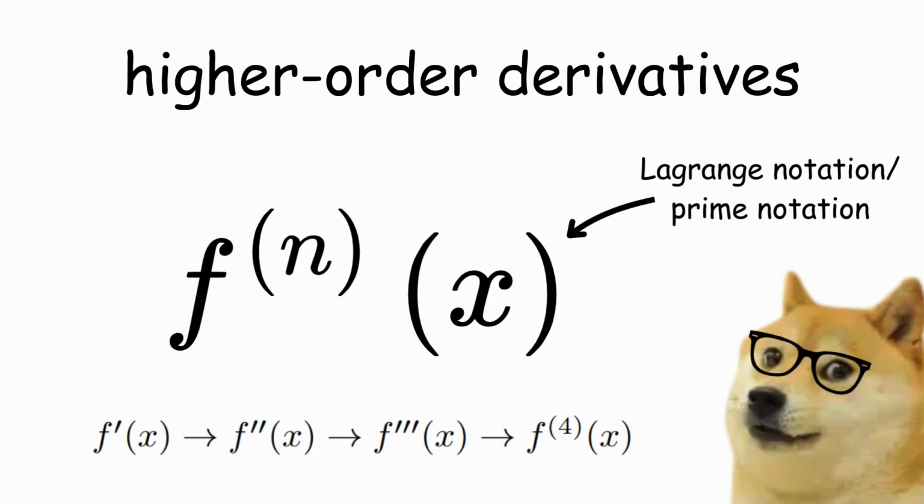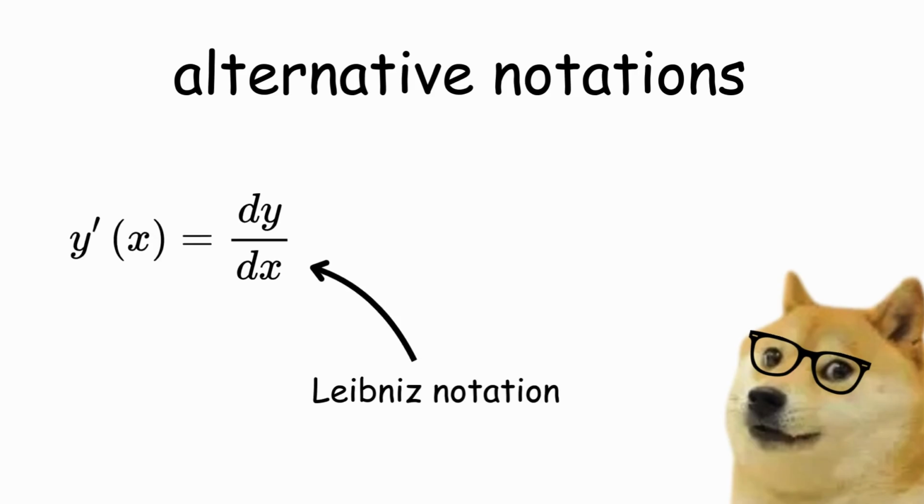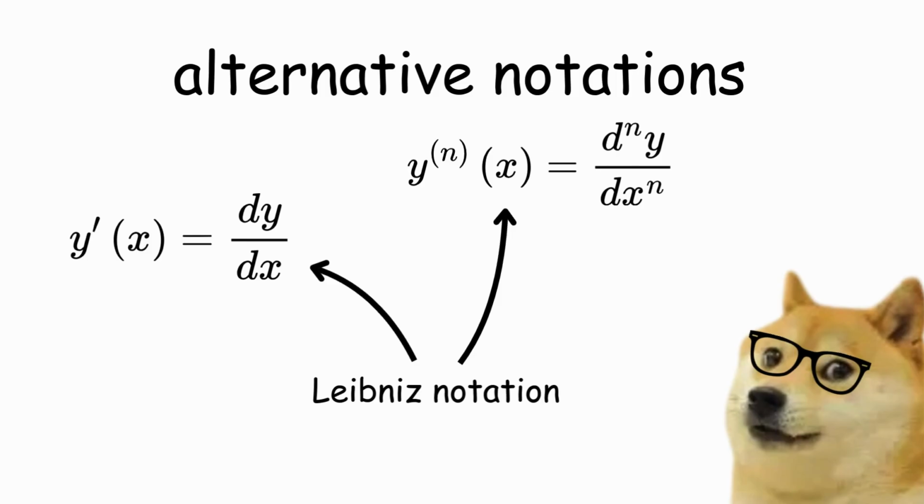Higher order derivatives are everywhere in science, and they'll also be useful when you get to power series later in calculus. Now, about those other ways of writing derivatives. There are two that you should know. One is the Leibniz notation, which imitates the slope formula. It's very useful for when you start solving differential equations, and we'll be seeing it in action in a moment